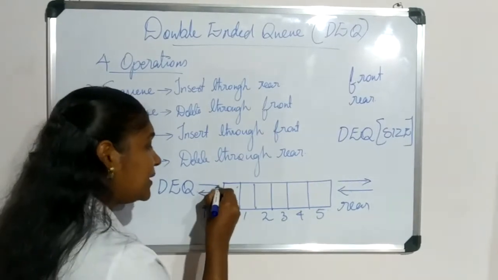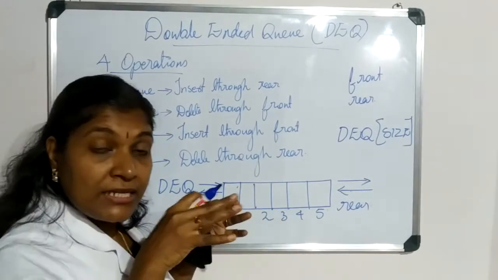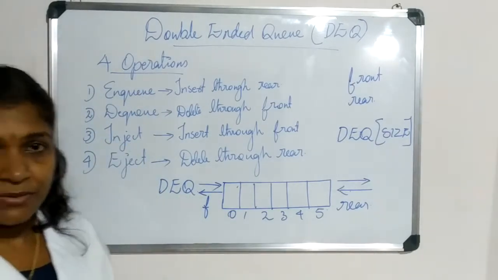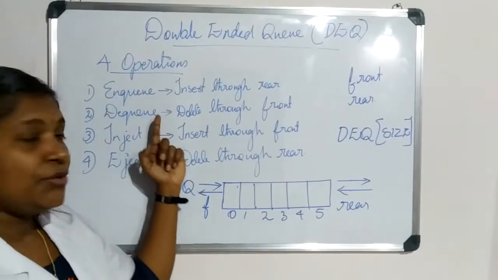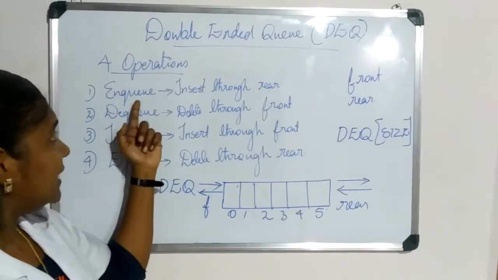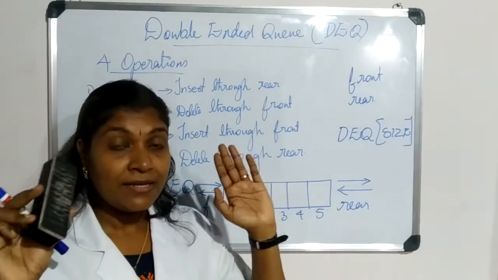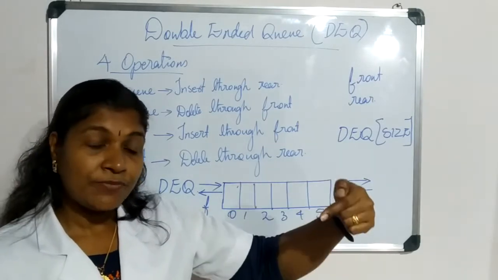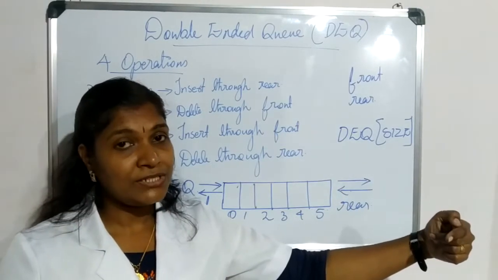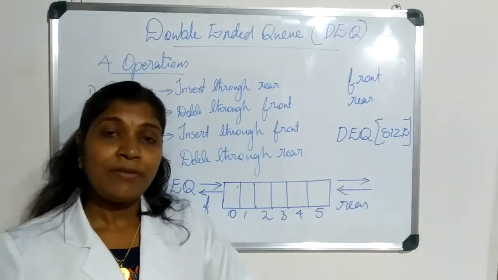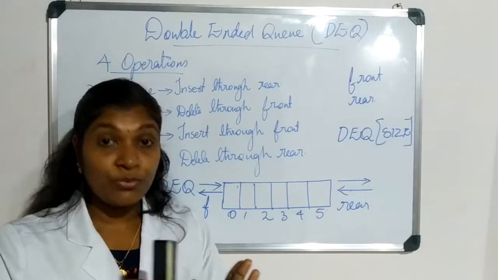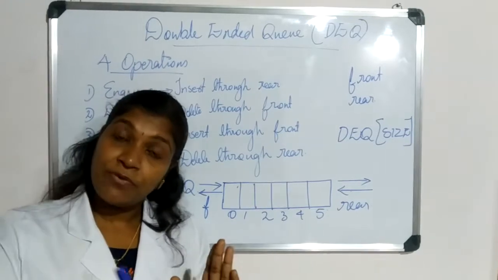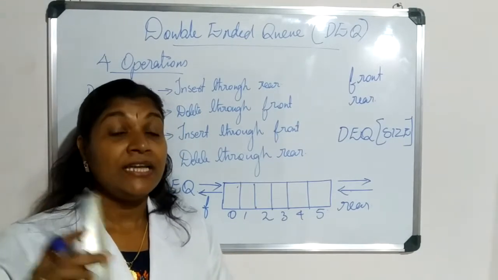And if we perform entering of an element, or injecting an element, into the double-ended queue through the front end, that is known as the inject function. This is just the reverse of the NQ and DQ operations. NQ means insertion of elements through the rear end, and from that rear end, if we perform the deletion operation, that is eject. Normally we perform the DQ operation through the front end. From front, we are deleting elements. Through that end, if we perform the insertion of elements, that is known as inject.